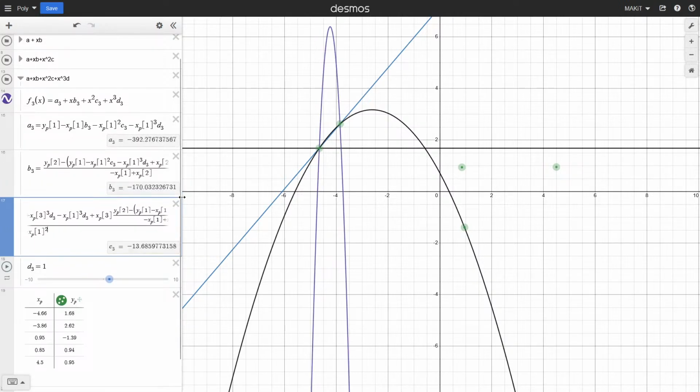Yeah, now the lines will start appearing because this equation is finally valid,